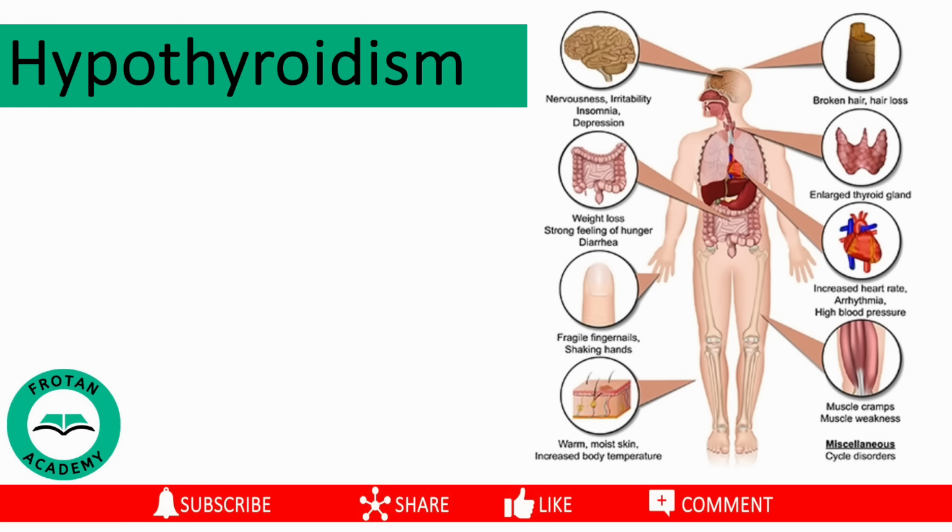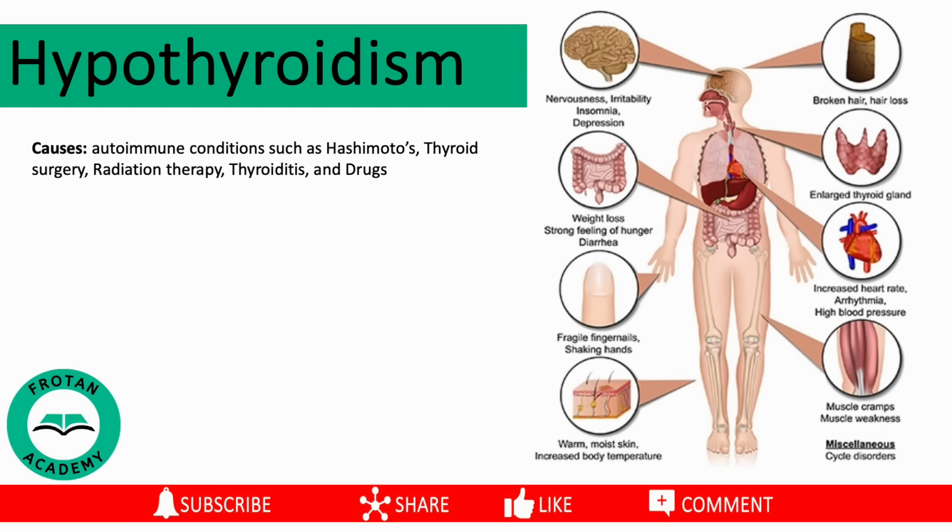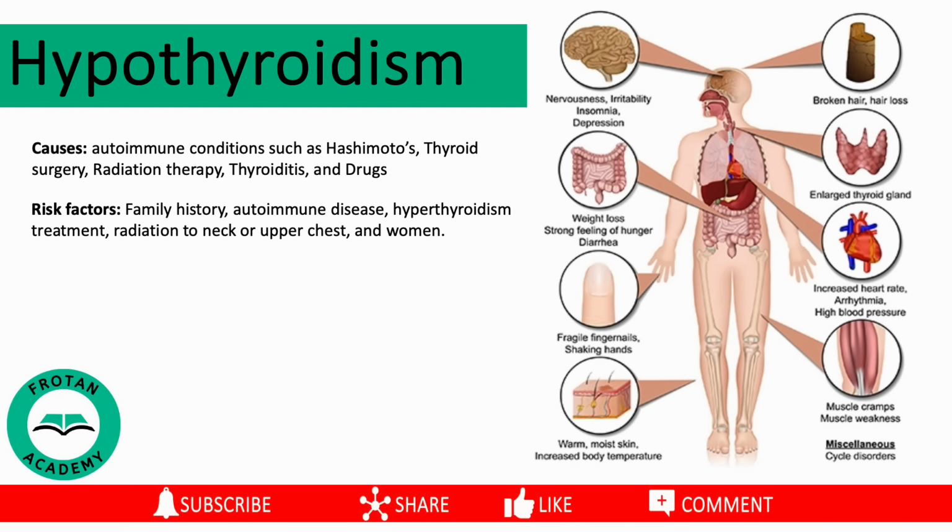Symptoms of hypothyroidism include fatigue, numbness and tingling in the hands, constipation, unexplained weight gain, depression, cold intolerance, low libido, dry skin, puffy face, frequent and heavy menstrual periods. Hypothyroidism can be caused by several underlying conditions, including autoimmune disease, commonly Hashimoto's disease, thyroid surgery, radiation therapy, thyroiditis, and certain medications. Risk factors include family history of thyroid disease, autoimmune disease, treatment for hyperthyroidism, and radiation to the neck